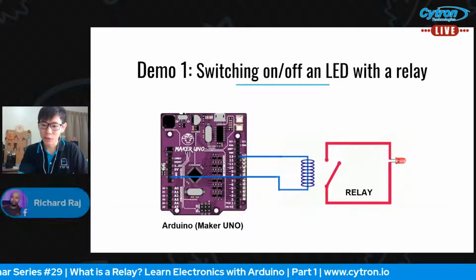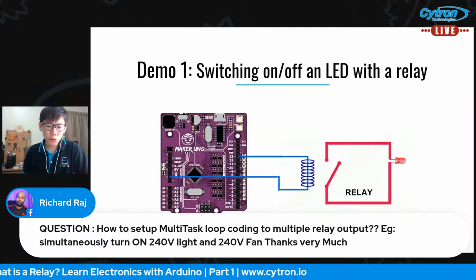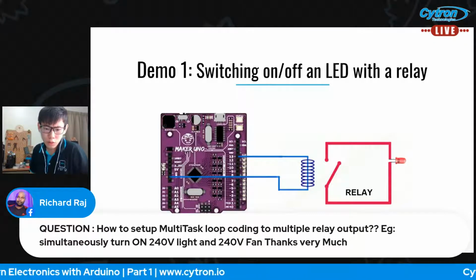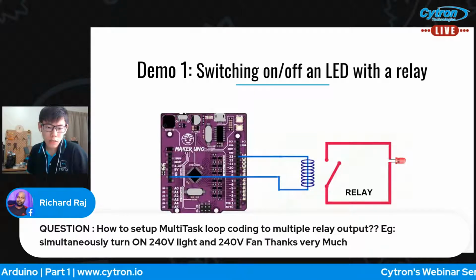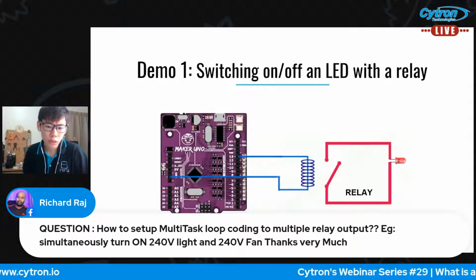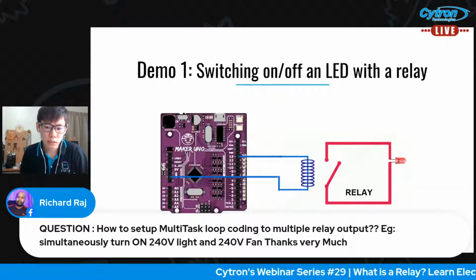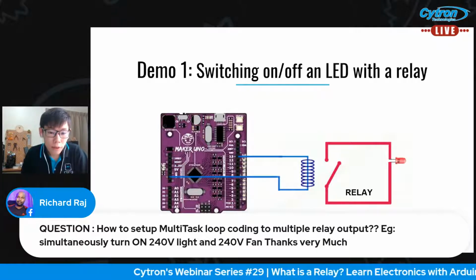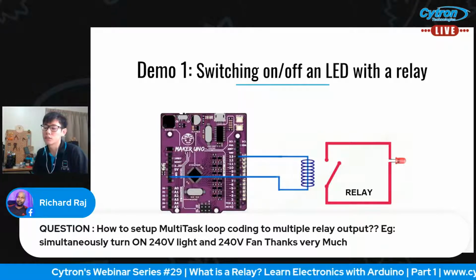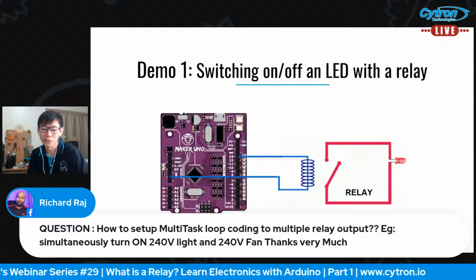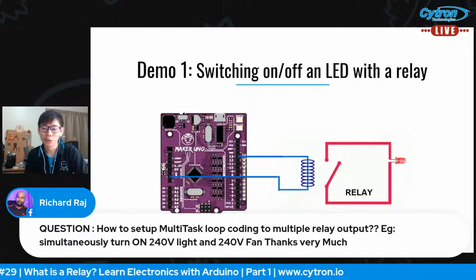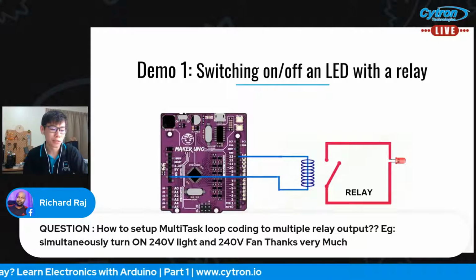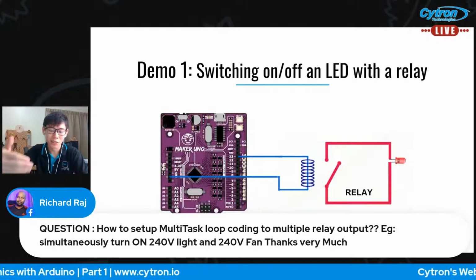Okay, let's see. One question from Richard: how to set up multitask loop coding to multiple relay output? Simultaneously turn on 240 volt light and 240 volt fan. Okay. If you talk about simultaneously, then you have to talk about what kind of microcontroller you're using. Certain microcontrollers only support in sequence. It can run in sequence,